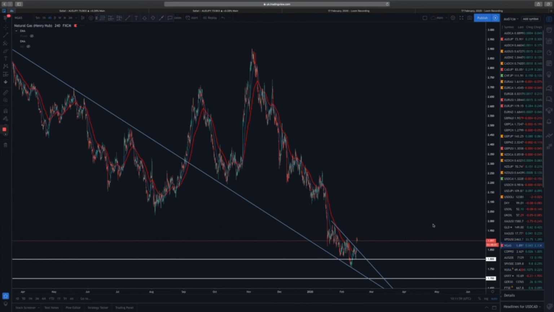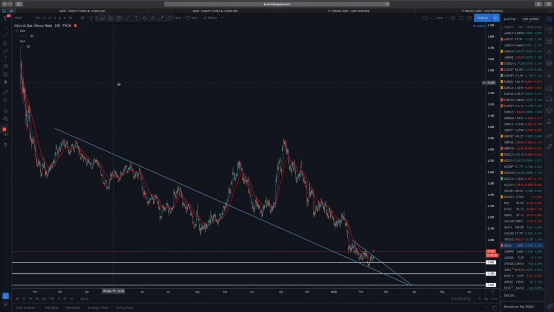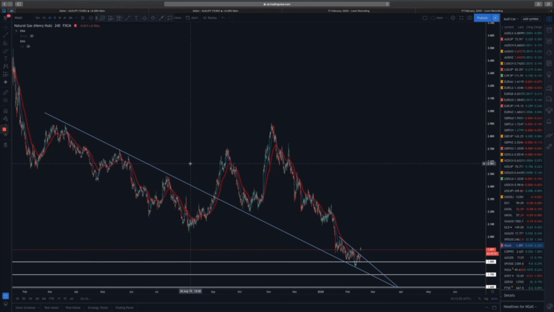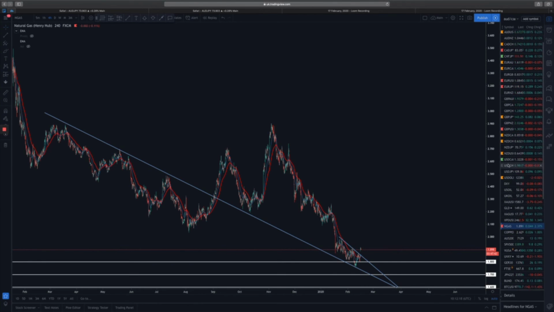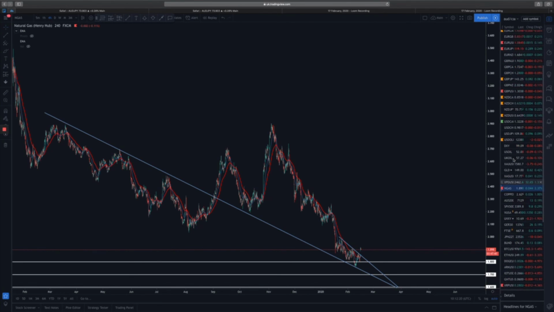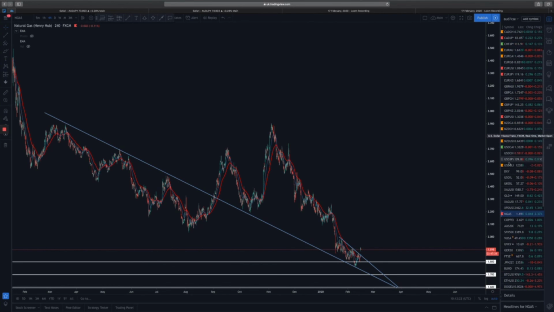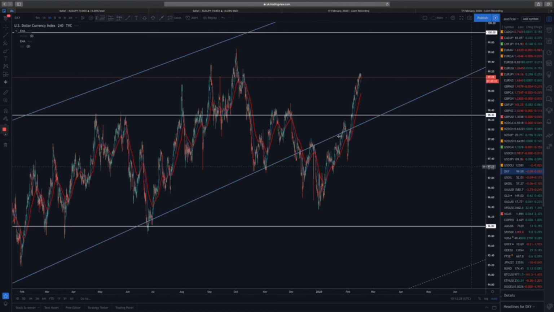Natural gas is interesting. Called this last week or the week before. Rejection from the first support level I had. We'll see if we get a rejection on this 4-hour 50 EMA. If we do, then I will just take this long. Interested in that. Not interested in gold at the moment. Not interested in oil. The only other one to pay attention to really is the DXY and the FXCM dollar